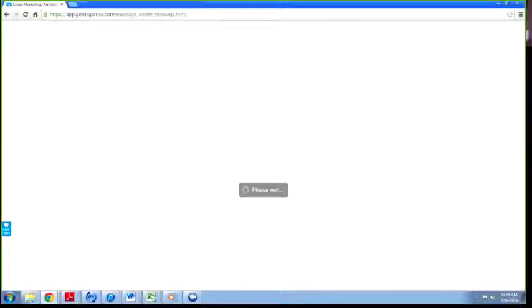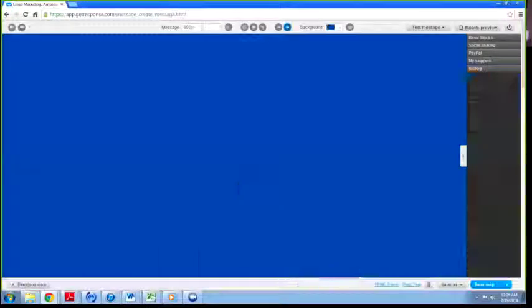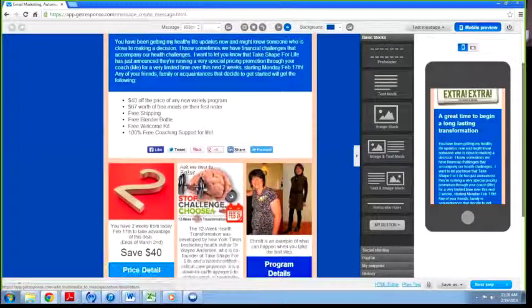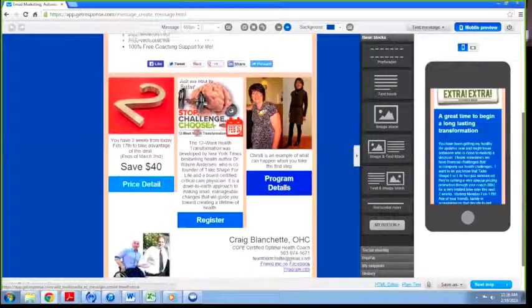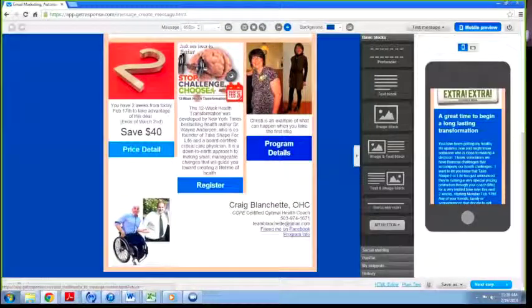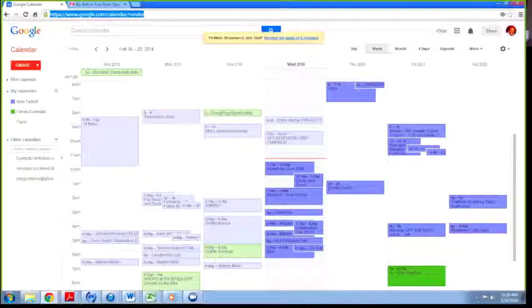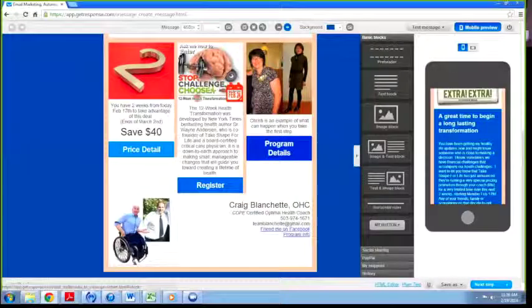Yep. And then down towards the bottom here, this was a message that I sent out recently for a promotion that Take Shape for Life was doing. But at the very bottom, it has my contact info. And so what you can do is go in there and change all the text to what you want it to be. And then you're actually able to